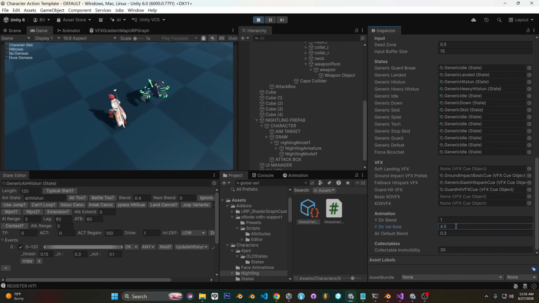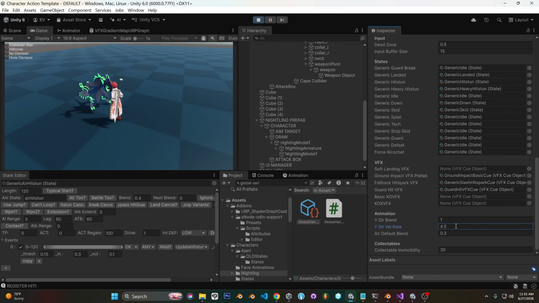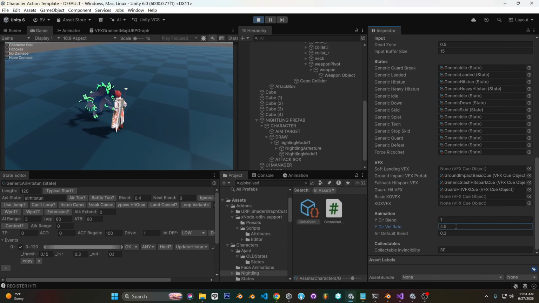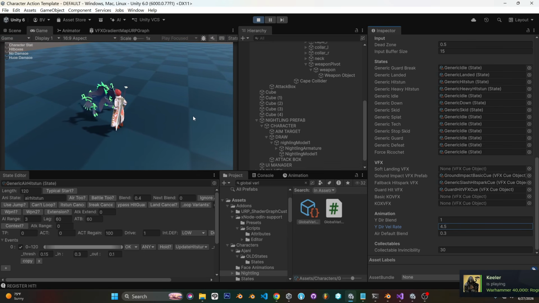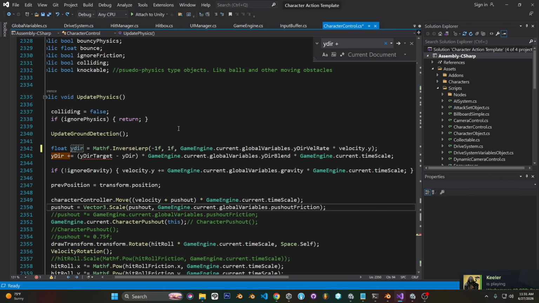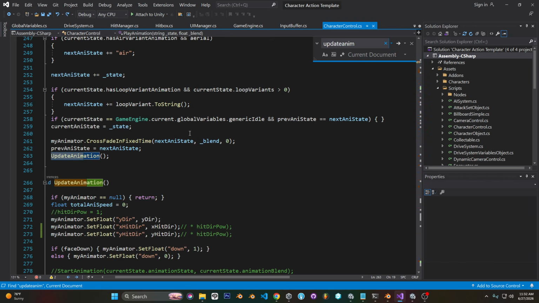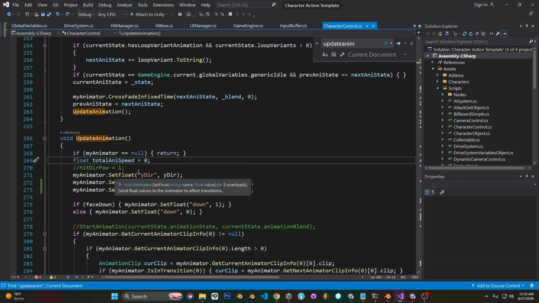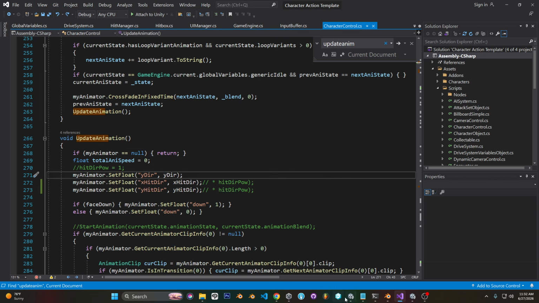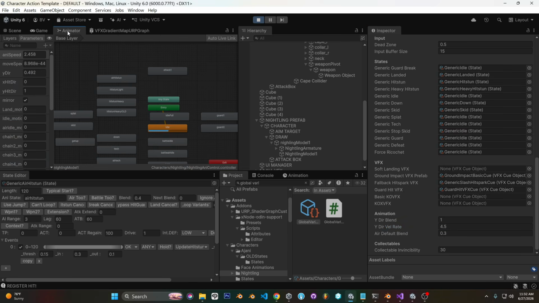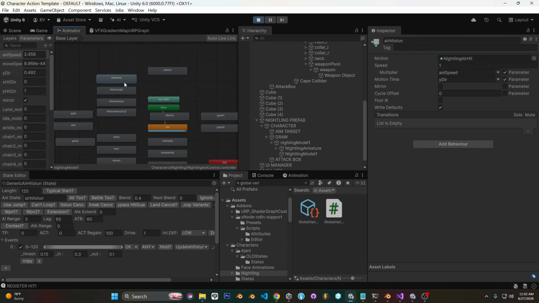Yeah, and so the other thing I want to mention, that's basically it. That's the implementation. So when you're in Air Hitstun, you calculate this Y direction, and then you pass it to the animator, set float Y direction. And so you will need to have a Y direction. I guess here you wouldn't necessarily need a separate variable, you could do the calculation right here. But have a variable for it here, and then have it as a parameter in here. And then in your Air Hitstun state,